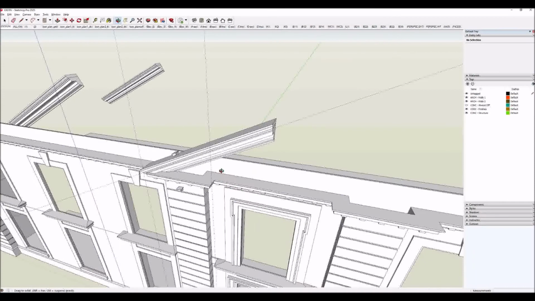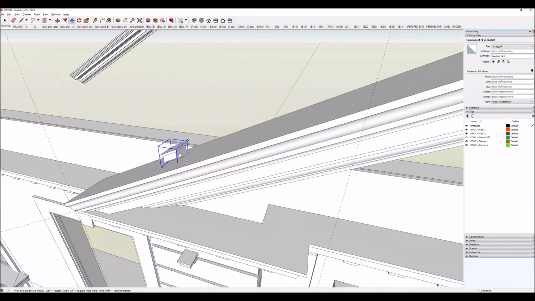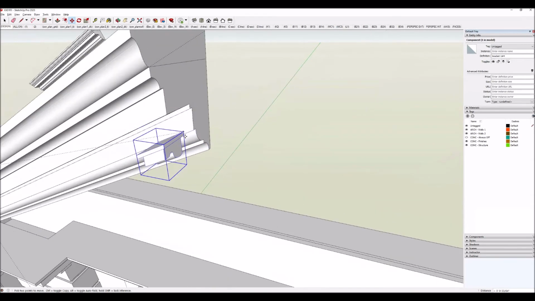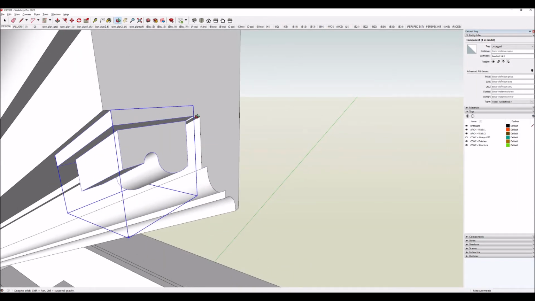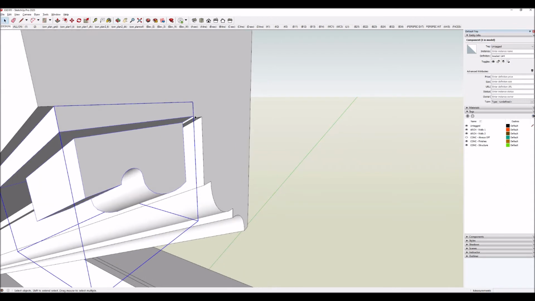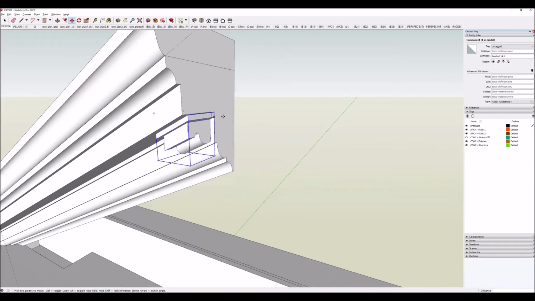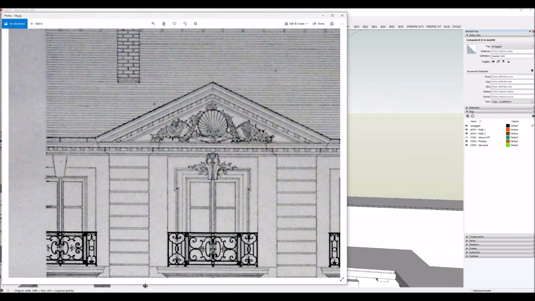And then what I'll need to do is take my little bracket here, and I'm going to see if I can just put it up here for now. Let's see. So that puts it right exactly on the center line, which is not the right place for it. Let's look at the picture. We've got it